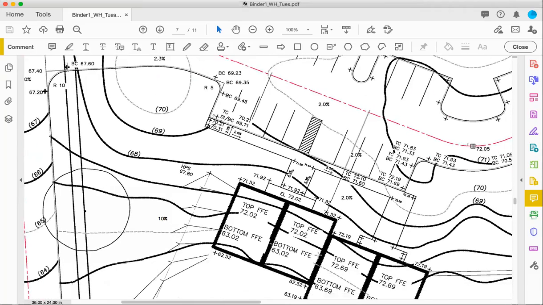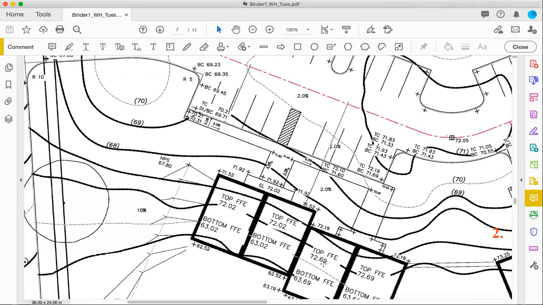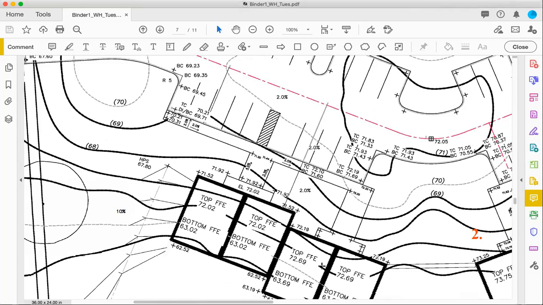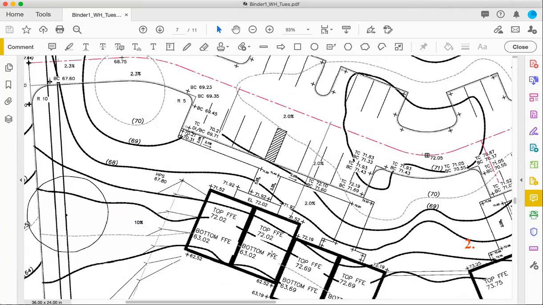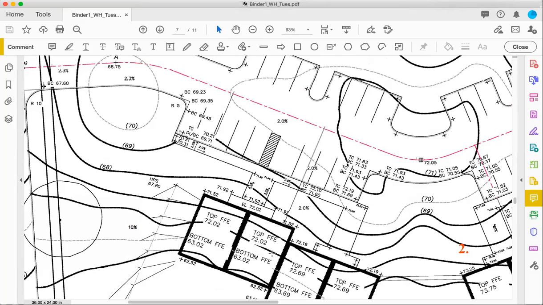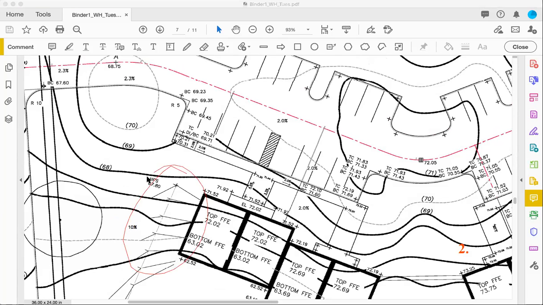So what I see missing is actually the contour pattern in front of the buildings, which is quite critical. They help you determine what's the first contour that needs to turn. What I meant by that is, so